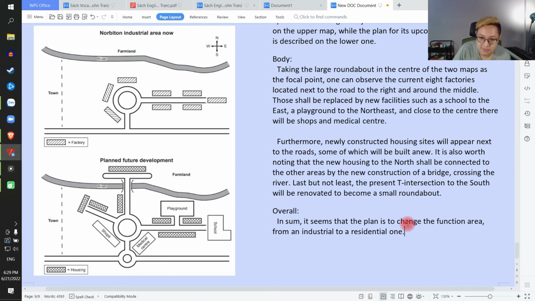From an industrial to a residential one. While the farmland and town